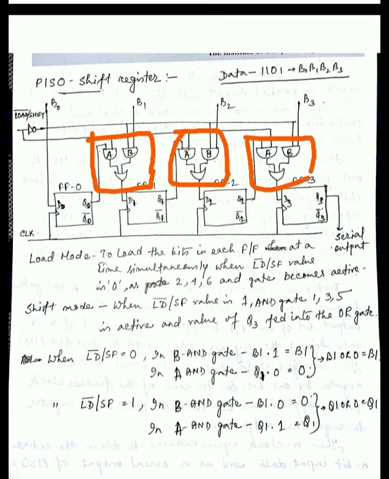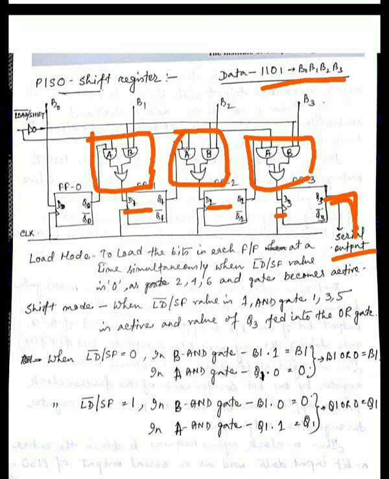Except the first one, every flip-flop has this added at its input line, that is with D1, D2, D3. This combinational circuit is added for every input line in every flip-flop. It is parallel input. Parallel input means for all the data we have to input, we need a separate input line. Parallel means all the data is entered at the same time, with the same clock pulse. And serial output means we get the data from a single output line. This is the single output line.